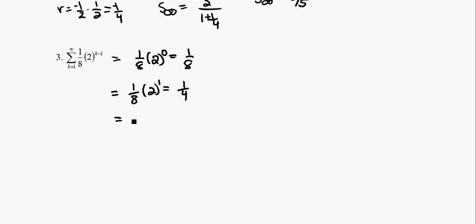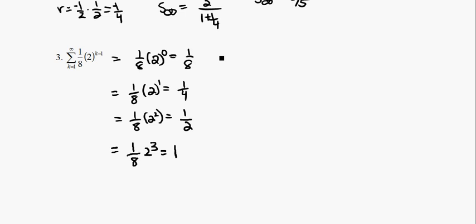That's 1/4. And the next one will be 1/8 times 2 squared, which is equal to 1/2. And 1/8 times 2 cubed is equal to 1. So notice that my numbers are getting bigger here, and it looks like my common ratio is actually 2, but